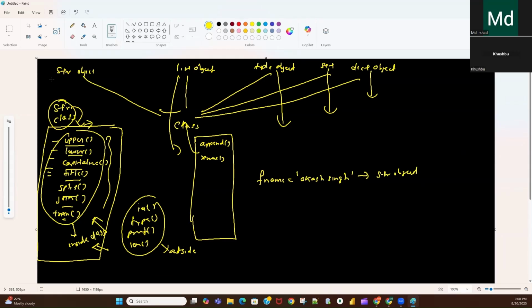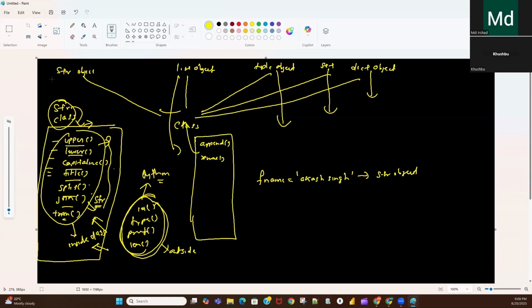So there are two ways to define a function. The functions available outside the class are also inbuilt functions available inside Python. When you use a function defined outside the class, there is a different way of calling it, and when we call an inbuilt function available inside the class, there is another way.